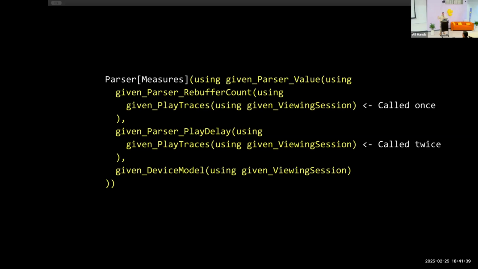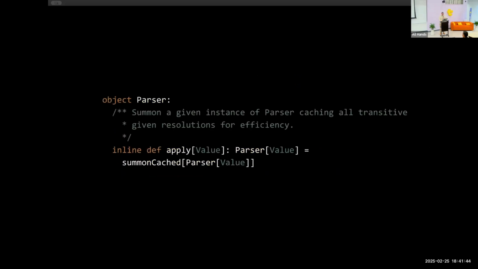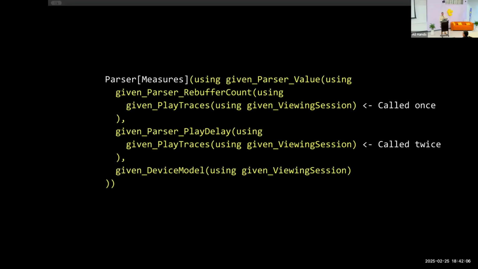So what did we do? We ended up removing the hash map, and I wrote a macro. I'm not going to show you the macro, but it's called summon cache. So we had to inline this function. This is the apply on parser, and summon cache is just summoning the value like before, but it also applies a rewrite of this code, going through the syntax tree.